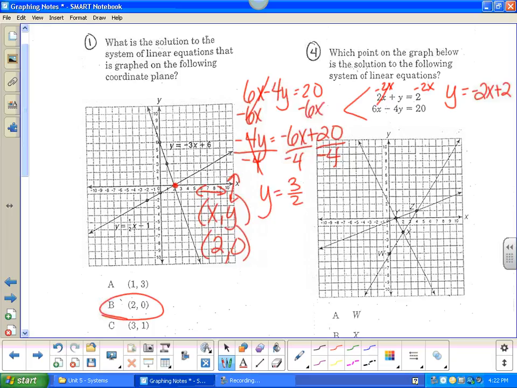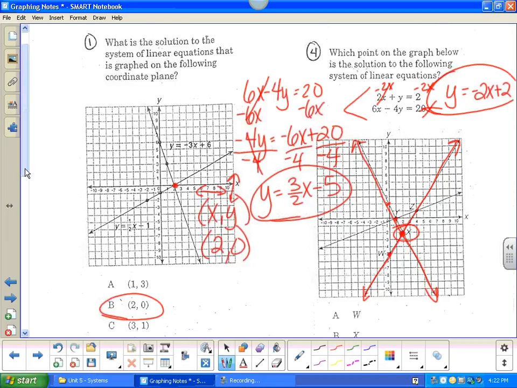careful with your reducing. Okay, so I need to figure out where each one is. So the first one, y equals negative 2x plus 2, would go down 2, right 1. So this line right here is that one. And my second equation looks like I go down 5 and then up 3, right 2. So that looks to be this line. So the 2 lines that are highlighted in red are the 2 lines in question, and I want to know where they cross, and they cross right here, which is at the letter